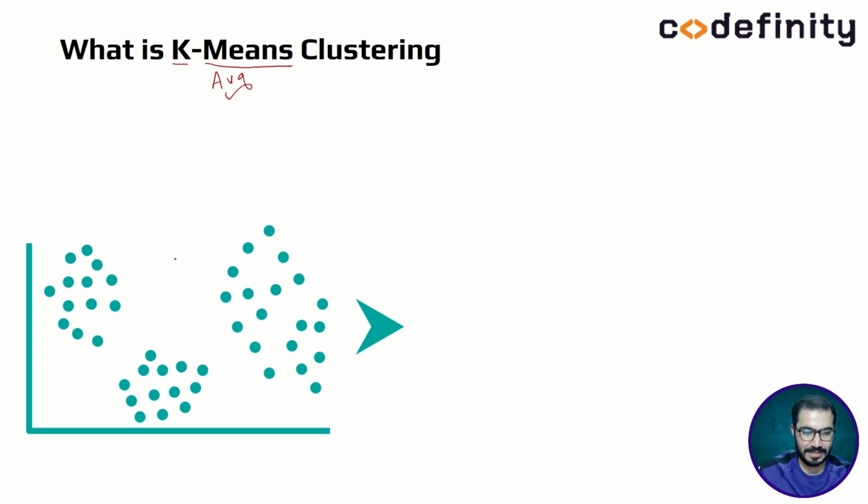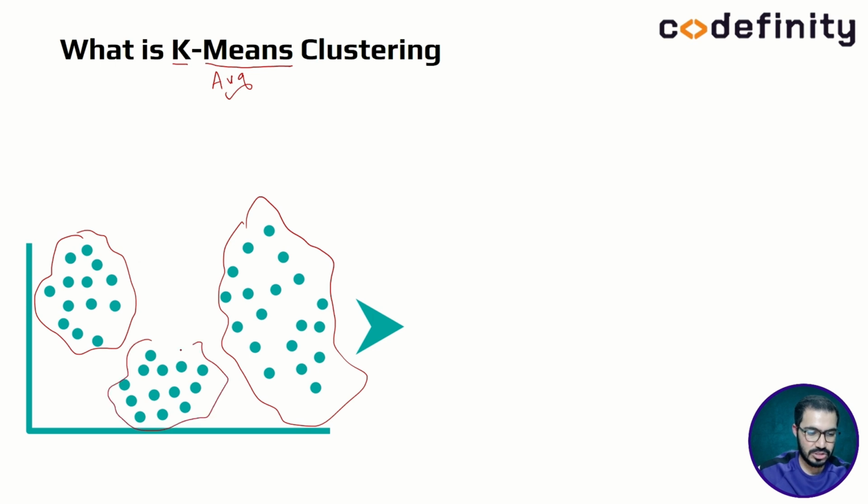So here we have some dummy data. Visibly we can see that, okay, fine, this is going to be one cluster, this is roughly going to be another, and this should be another cluster. Visibly we can see that, but computers don't have eyes. Computers have to work with mathematics. So